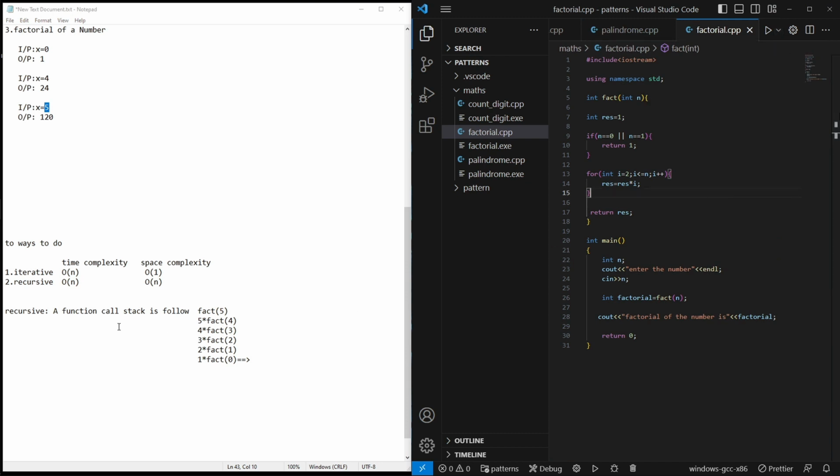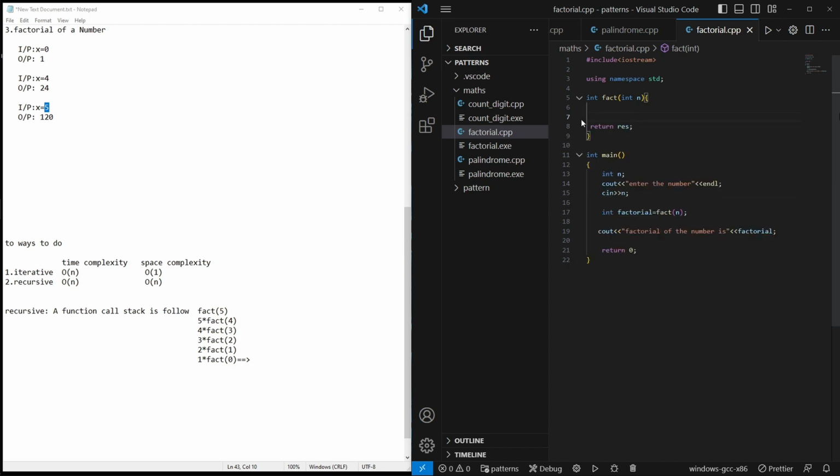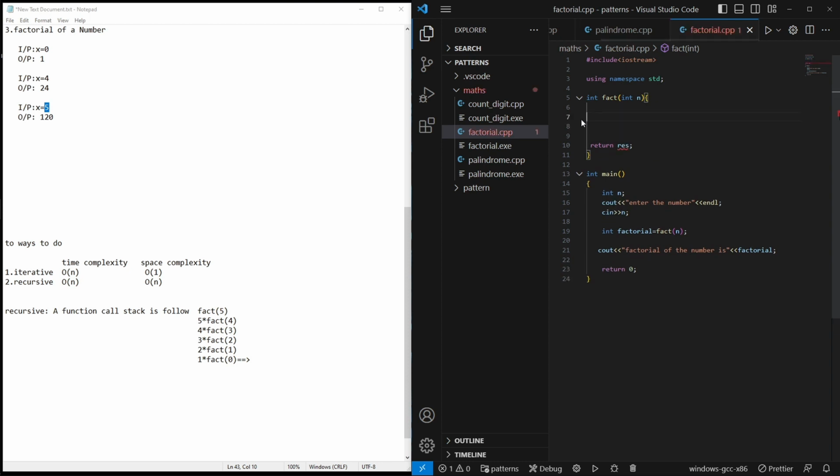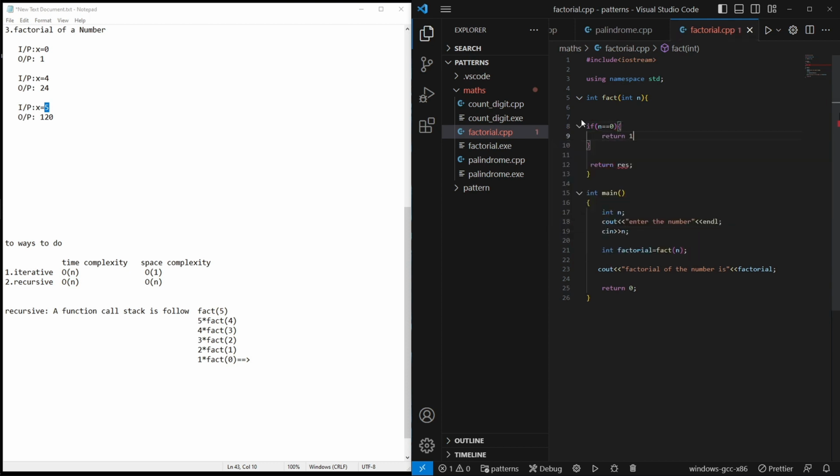In a recursive solution, a function call stack is made. If you don't know how recursion works, we basically need two things: one is the body and the other is the base condition. The base condition will be, if n equals to 0, then return 1, else, you can say,